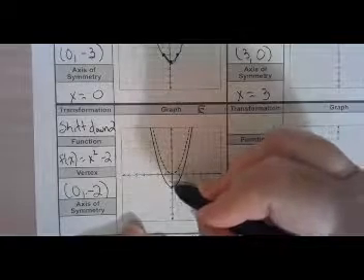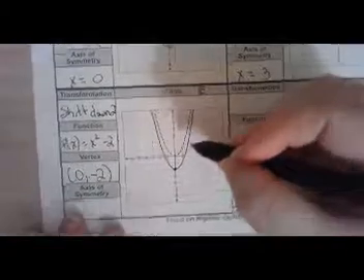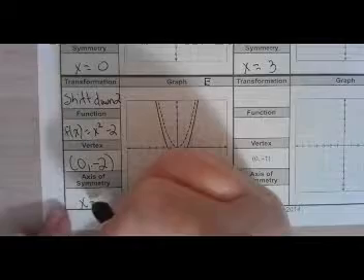Our function is x squared minus 2. Vertex occurs at 0 and negative 2, which means our axis of symmetry again is x equals 0. And our last function that we are going to do today